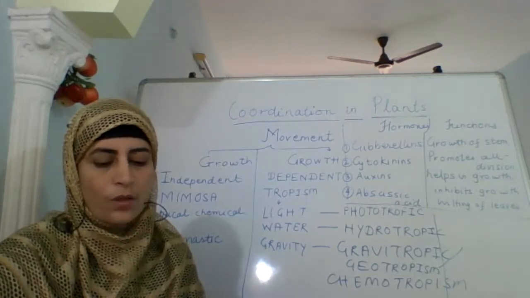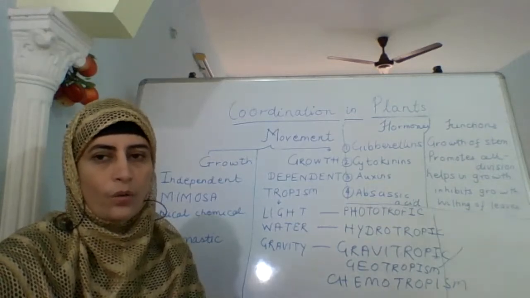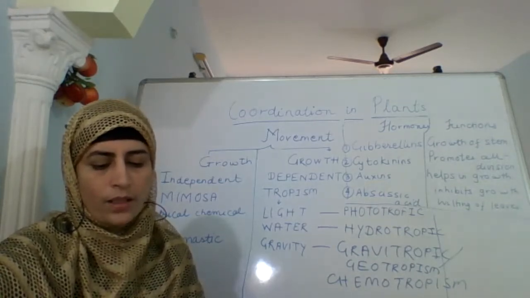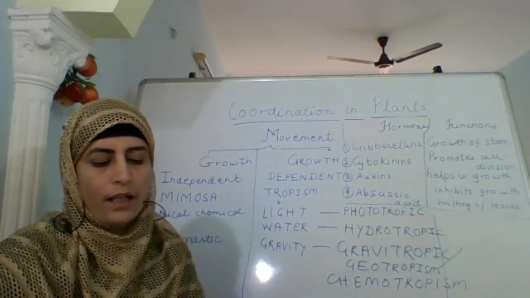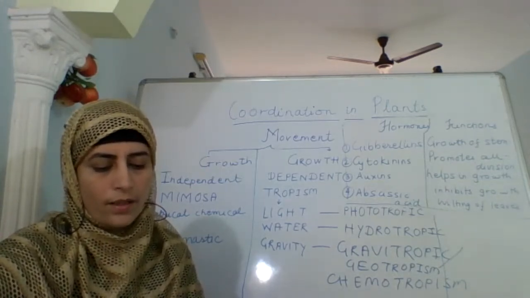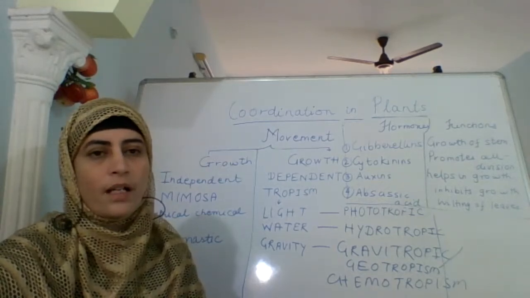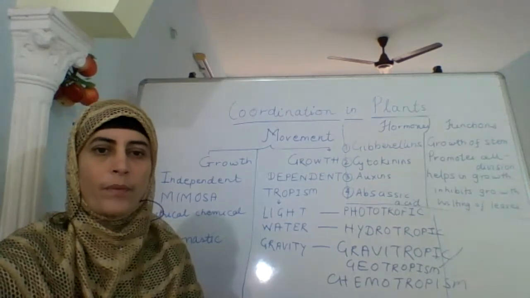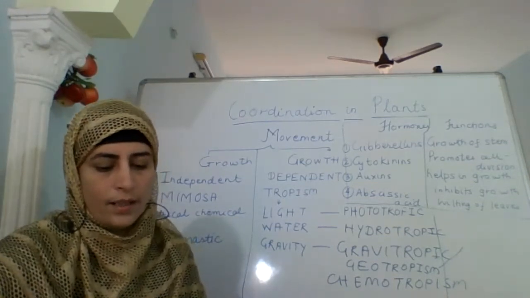Another example of plant hormones is gibberellin, which, like auxins, helps in the growth of stem. Then we have cytokinins, which promote cell division, and it is natural that they are present in greater concentration in areas of rapid cell division. Where are the cell divisions occurring? In areas like fruits, seeds, etc. So they will be present more over there.